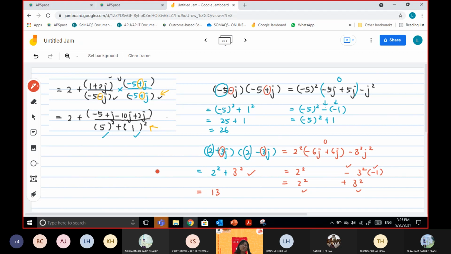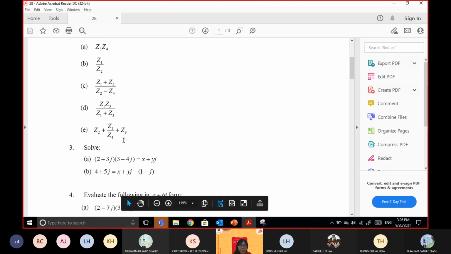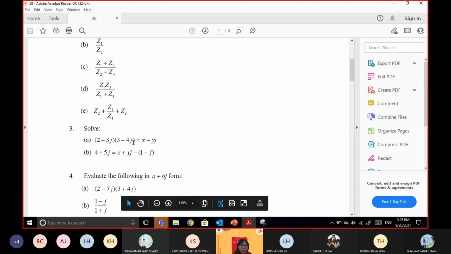Okay, so that's what I'm trying to tell you. You calculate in the faster way. So I also explained to others. Okay, so why we can just calculate. Yeah, 2 square plus 3 square. Okay, so then I will proceed, so we start at 2:30. Okay, so number 3 is a quick one.